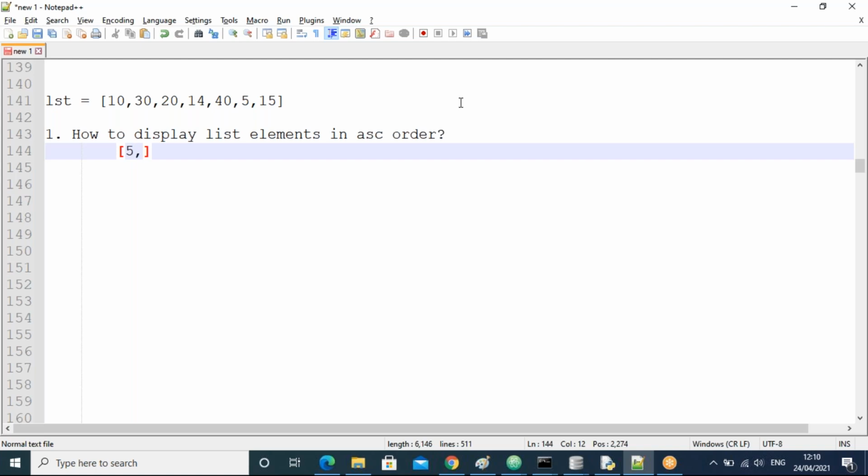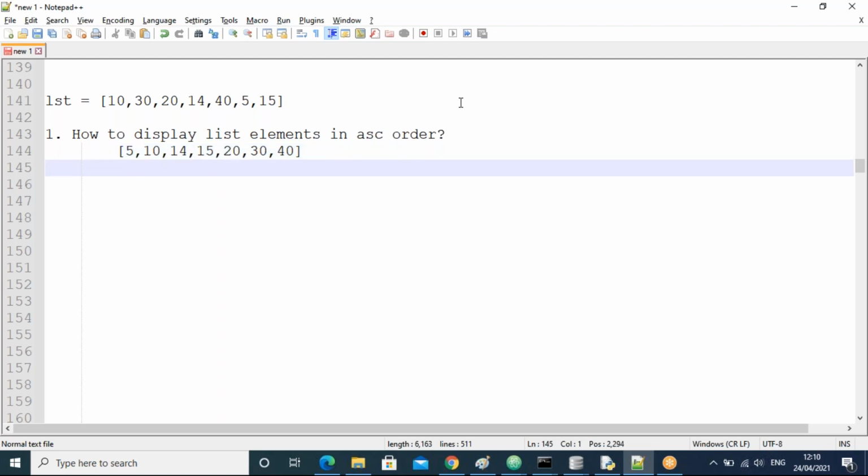So 5 first of all, next 10, then 15, then 20, 30, 40, and also 14 is there. How many? 7 elements. Yes, this is the ascending. That's one question.